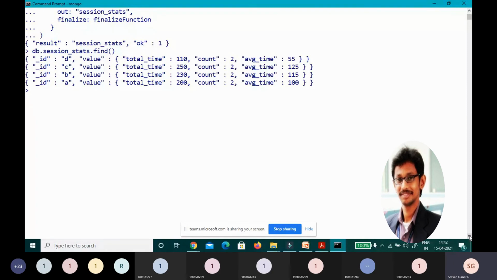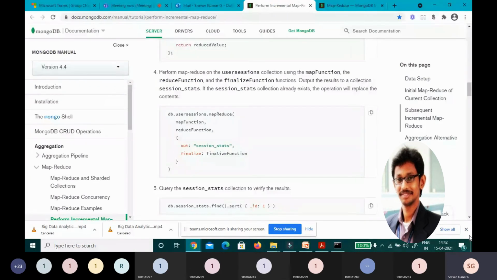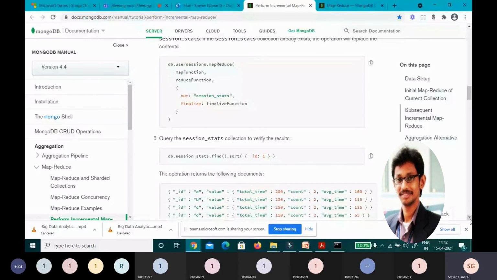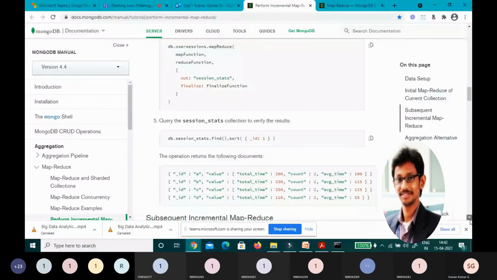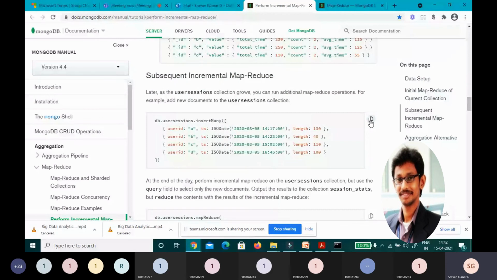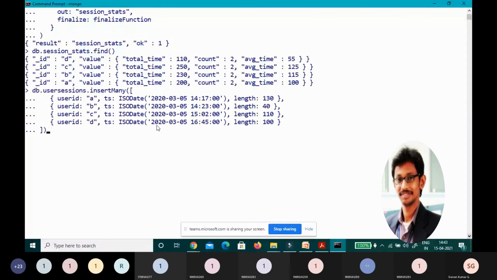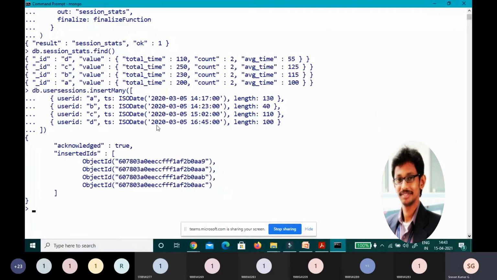So what I'm going to do now is generate output on these March 5th documents by using a MapReduce. I'll take that result and add it to the earlier MapReduce output. Okay, right? So I'll just add the documents now. These are the March 5th documents. Here I'm writing TS, timestamp. I've copied it. Now I'm just pasting.